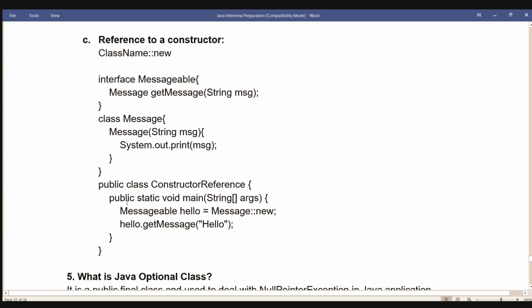Public class ConstructorReference. Public static void main(String[] args). Messageable hello = Message::new; hello.getMessage("Hello");